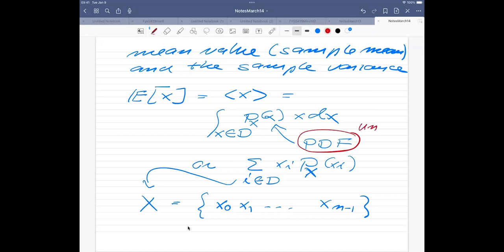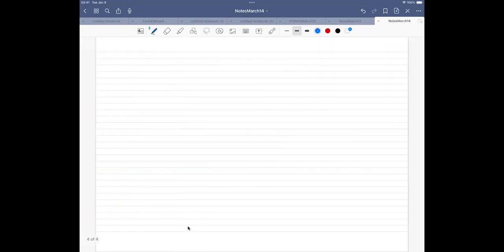If we have it, then we are lucky because then we can calculate the integral either analytically or numerically. But in general, we don't have the probability distribution. So, not knowing P of X, the probability P of x of i,